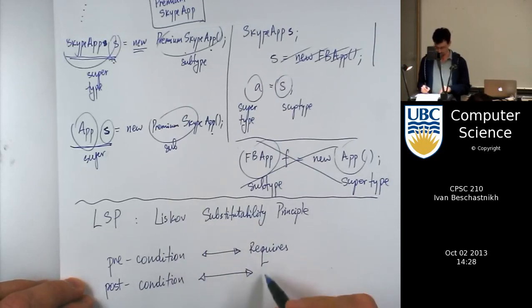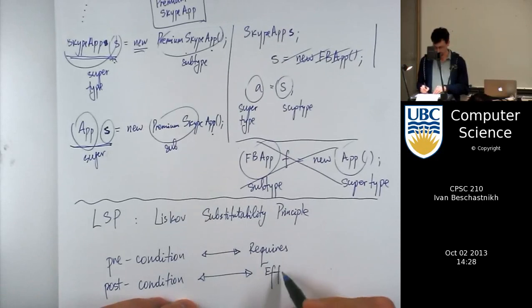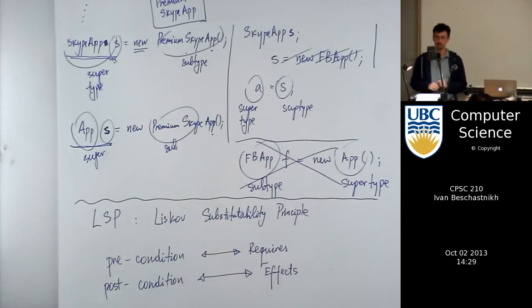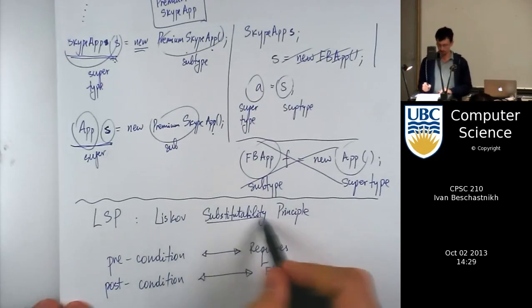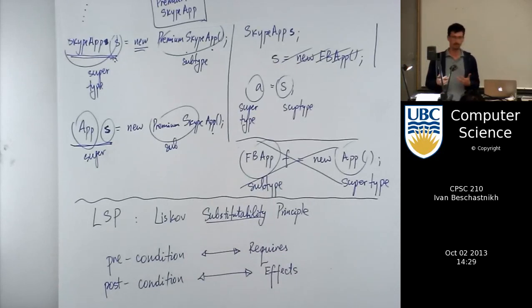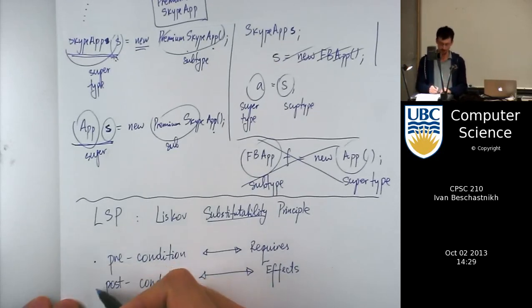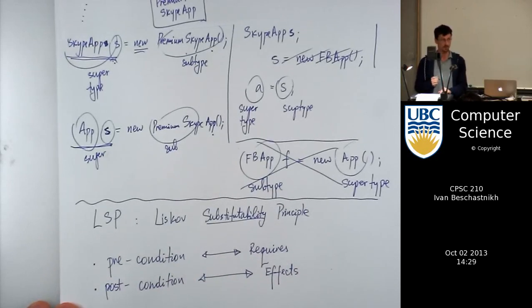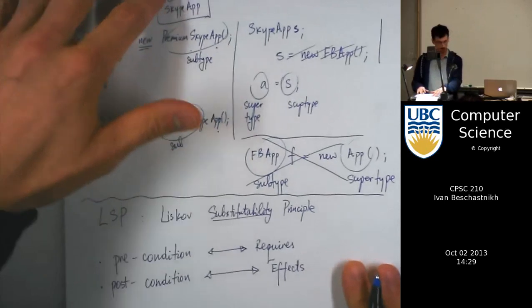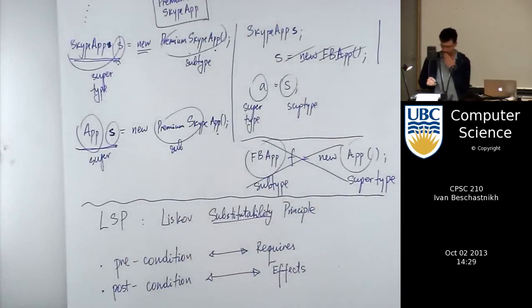And this is basically our effects clause. So substitutability is a way of reasoning about compatibility between preconditions and postconditions within the type hierarchy. And this reasoning is kind of deep. So to illustrate this,